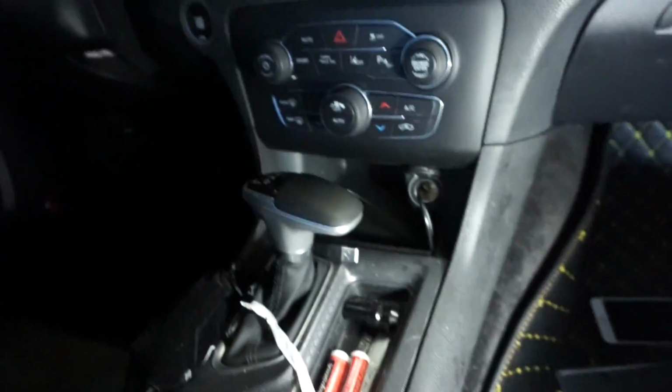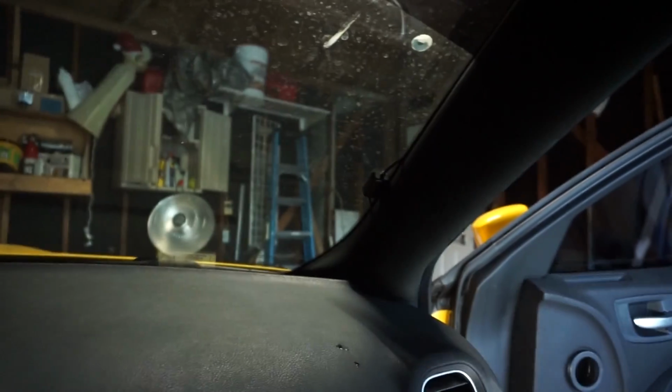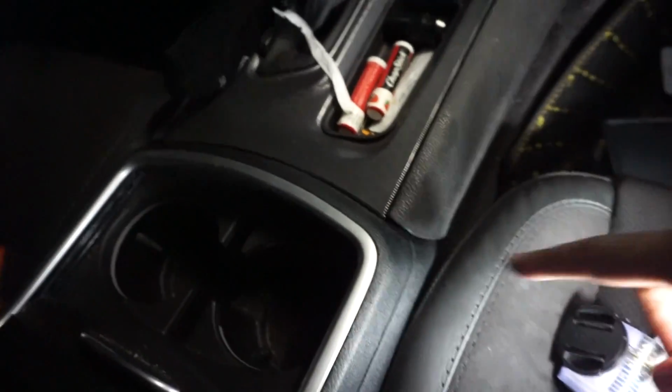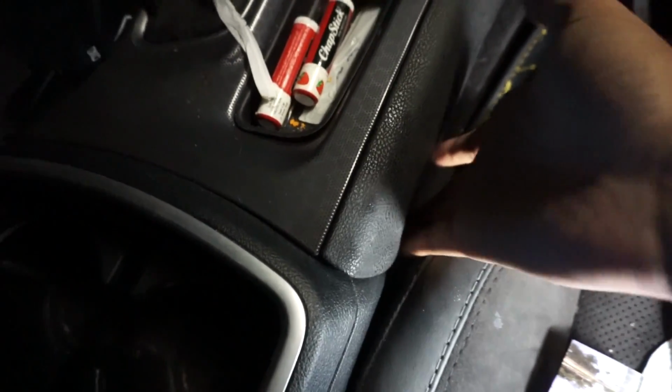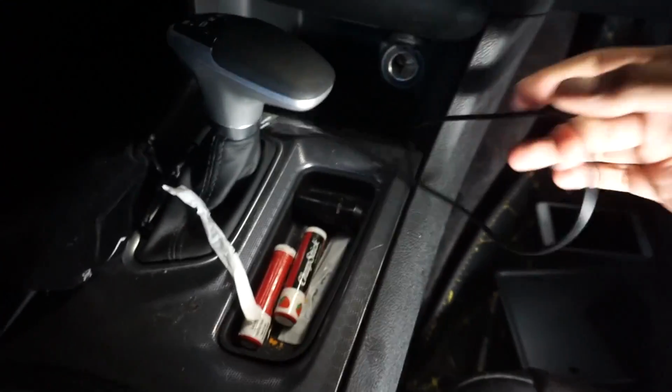So I think we're done with the wiring at least. So this is what it's going to look like. See, that goes right there. That's really the only showing part, because otherwise it runs behind here, underneath, under there, through this. This is a little spaced out, which I don't exactly like. So one of these days, I can tell it's got a cord in there. I can tell it's pushed out a little bit. It's not really that big of a deal. So then it just comes out right here